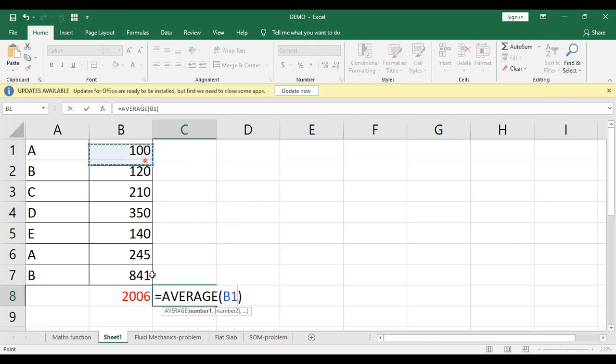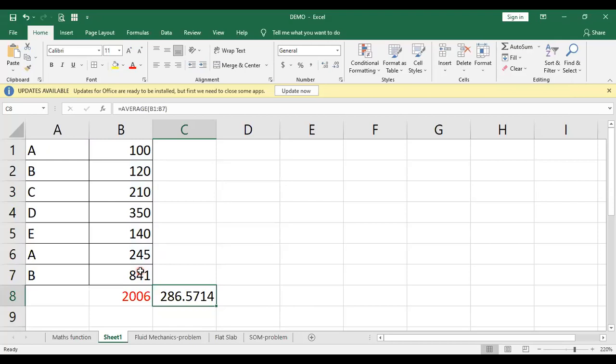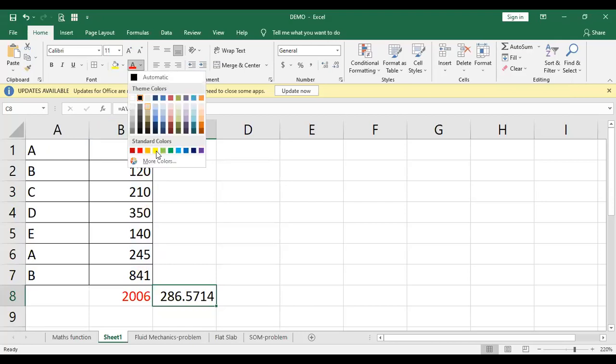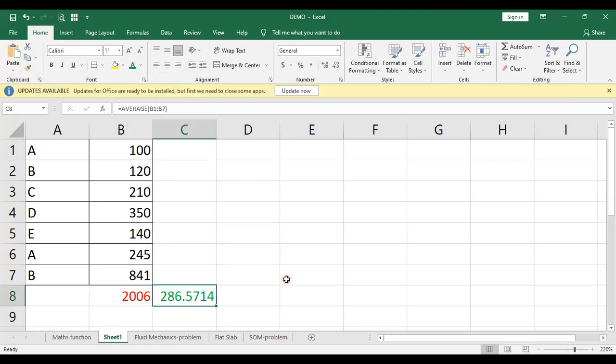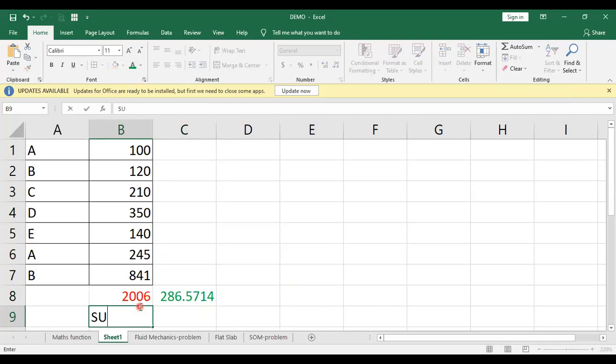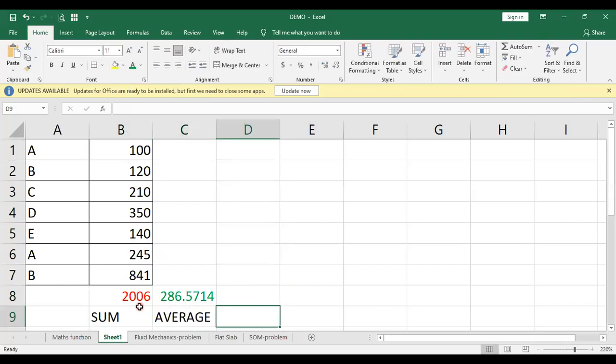We can select this one from first row to last row and then press enter. So this is how you will get the average. I can just give it a different color, say green color. And you want to know what exactly this is. This is the sum. So you can click here, type your sum, and here it is the average.